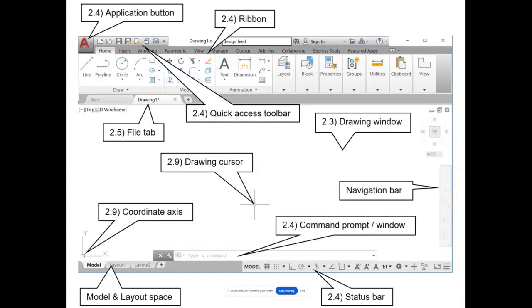is because if you have a smaller screen, then it will group things like the layers, the blocks, the properties, the groups, the utilities, clipboard, and view. All those little parts of the ribbon, which is what that's called, they can get crunched up like that if you have a smaller screen. So like on a laptop, it might look like this, but on my screen, it's going to look a little